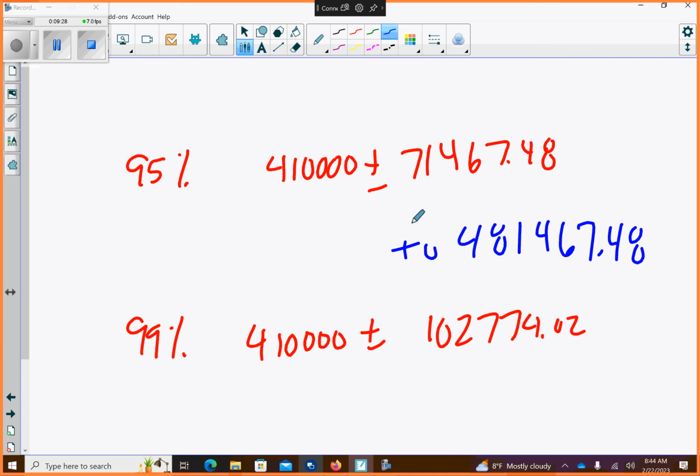And 410,000 minus 71467.48 is $338,532.52. And then do the same thing below, 410,000